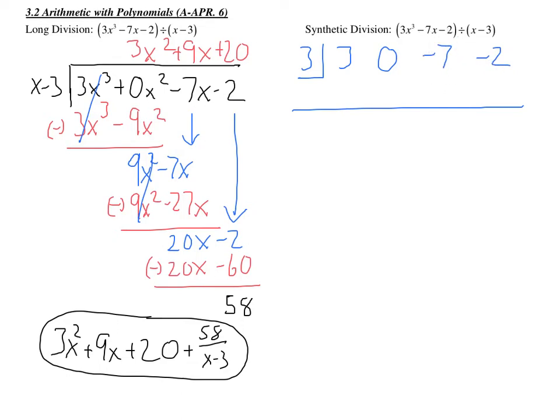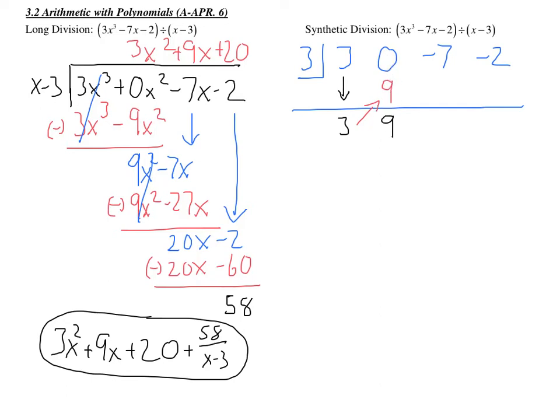And there's this kind of process we're going to go through. First thing you're going to do is bring down this 3. Then you multiply this 3 times that 3 and put it right here. So 3 times 3 is 9. You just kind of moved it up like that. And then we add down. So we're going to add straight down. So 0 plus 9 is